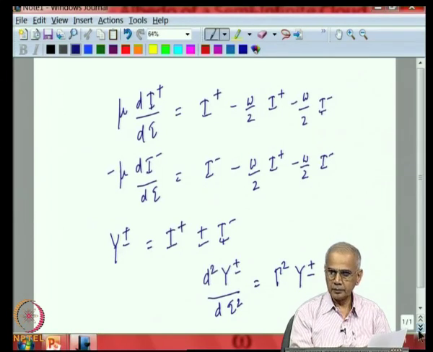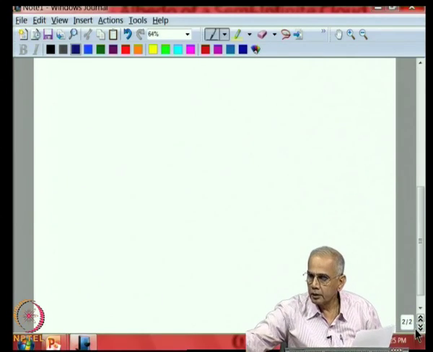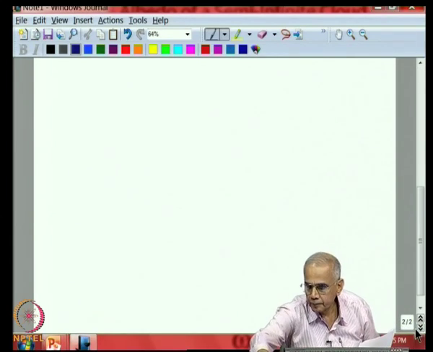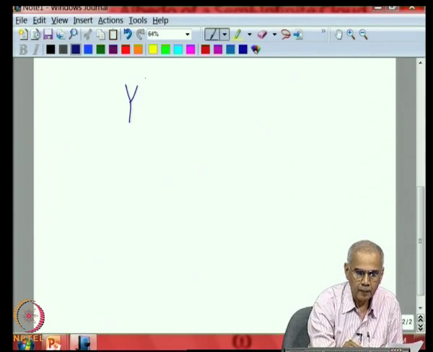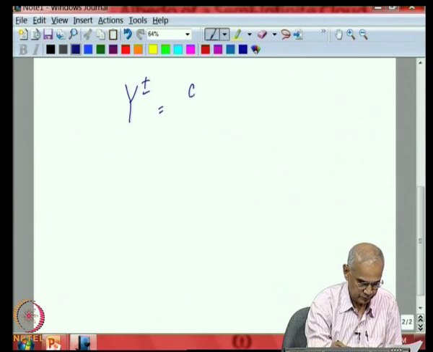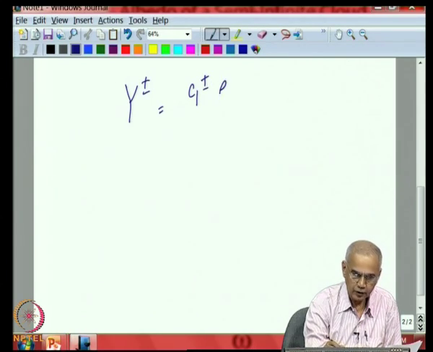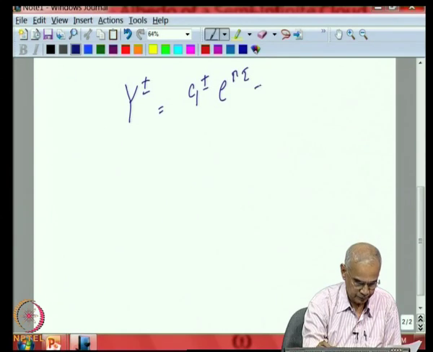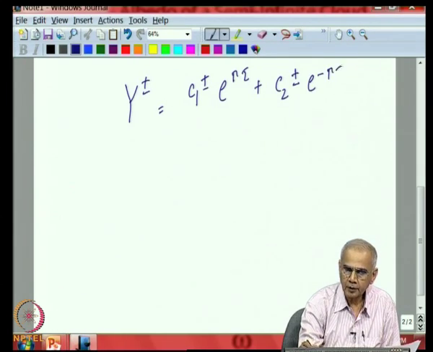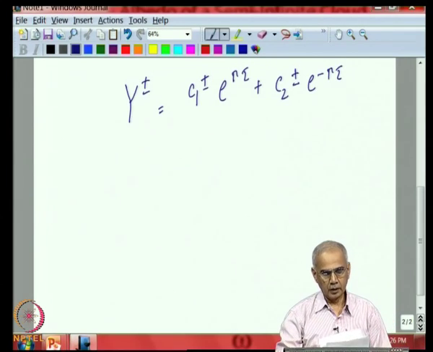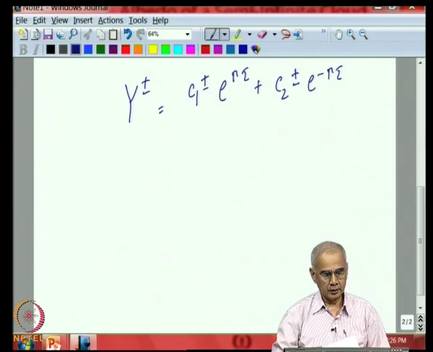Now, this can be solved very easily, and the solution that you get will indicate that Y plus or minus is equal to C 1 plus or minus e to the power of gamma tau plus C 2 plus or minus e to the power of minus gamma tau. So, this is a simple equation. Now, the real challenge is to find C 1 and C 2 and relate it to